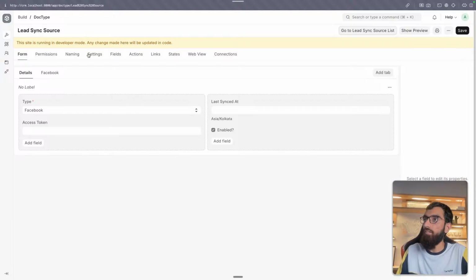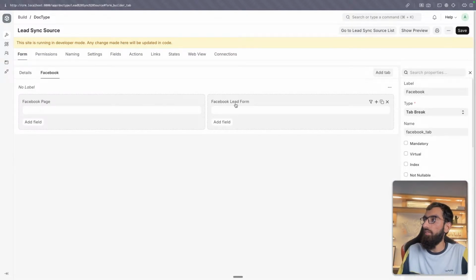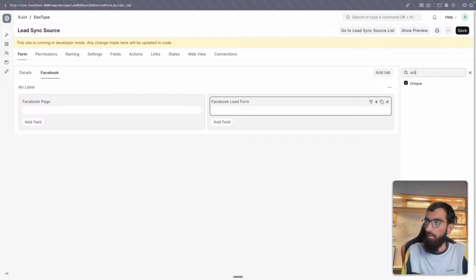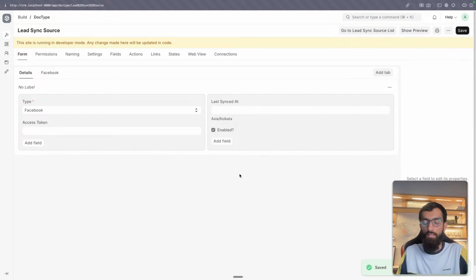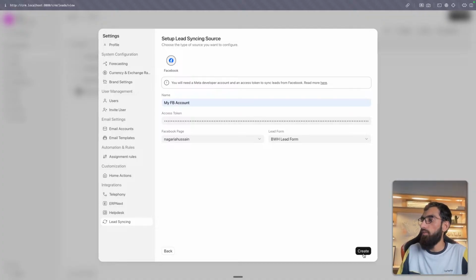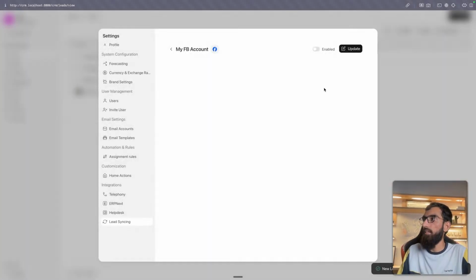and then refresh this. Go to Facebook lead form and make it not unique, right? And then we will be able to create this from the front end, and then it takes us to the update page which I was working on. I didn't do all of it. So for example, this enable checkbox is not working and there is nothing on the page. Okay, but it gets created. So if you see this,